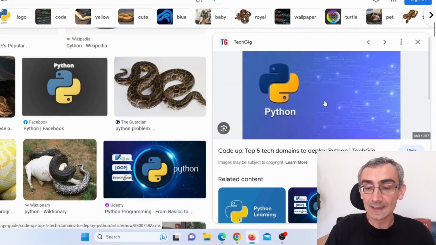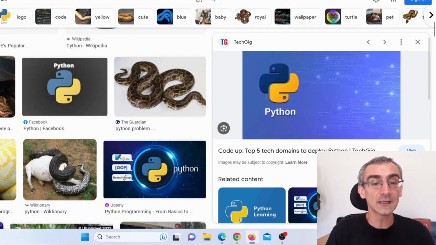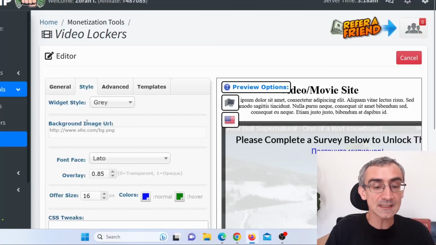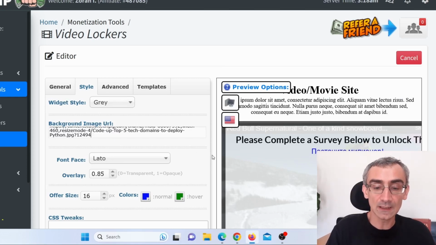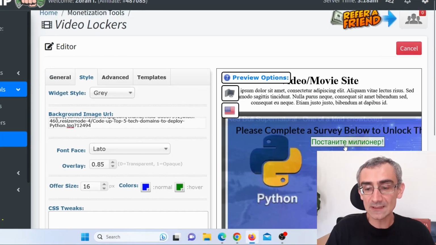So I will click here and then right click here and then copy image link. That is important. Go back here on Cpagrip and then here it says background image URL. I need to paste that here, okay? And let me scroll here, click here on refresh, and here you can see, okay, now these blue letters,